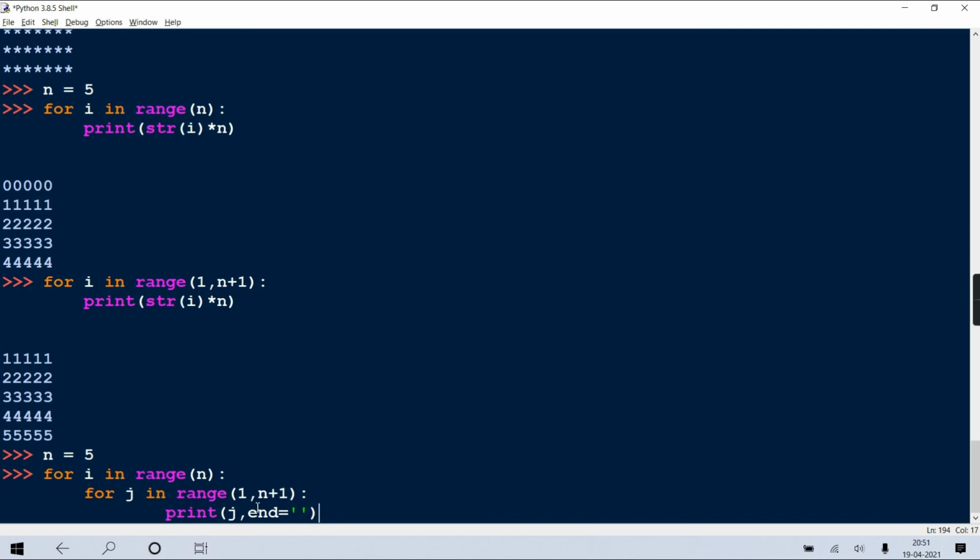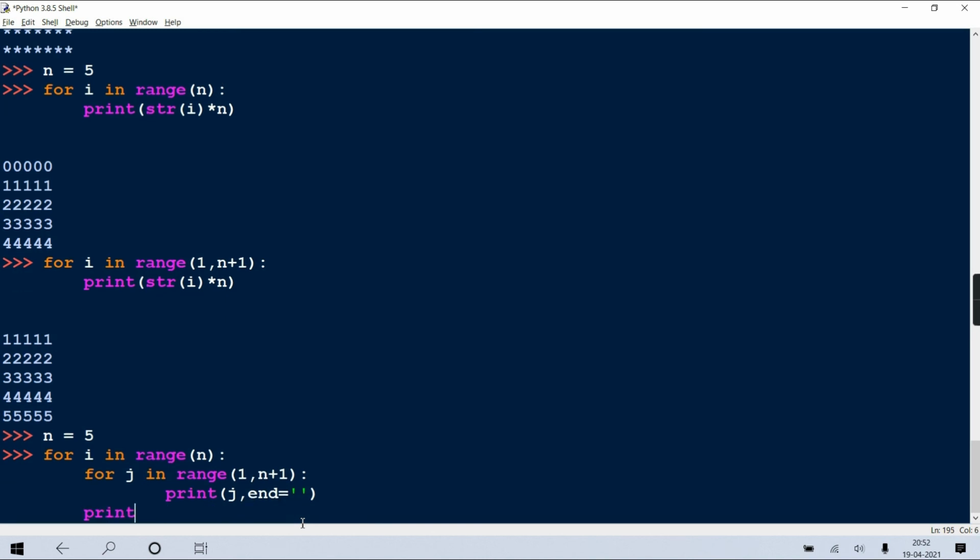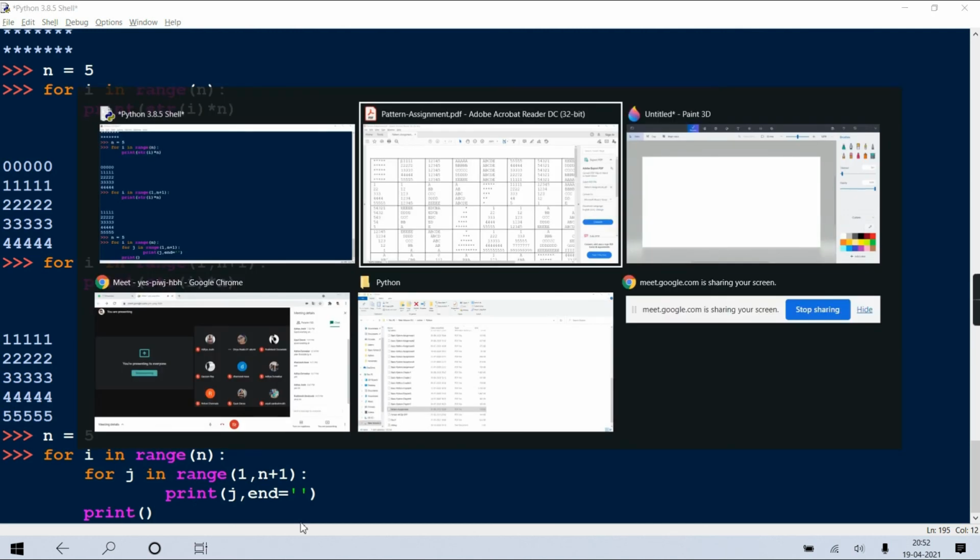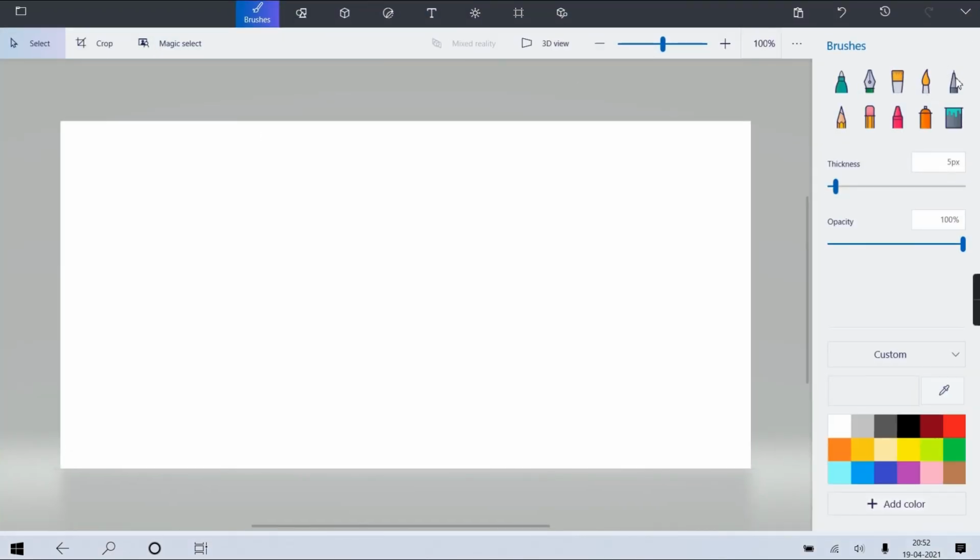Otherwise, what will happen? It will print that 1, 2, 3, 4, 5 on separate lines. Because you know, default print at the end puts a new line. Okay? So as end is an empty string, it will print 1, 2, 3 on the same line. And after 5 is over, inner loop over. When the inner loop is over, it will come here, and here we will put a new line. Getting? I hope you got it. Like, will the loop be like this? Like for the first time, i is how much?